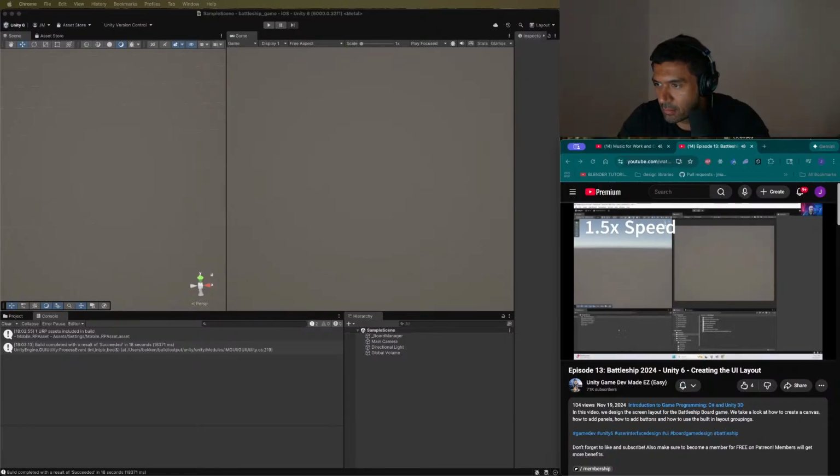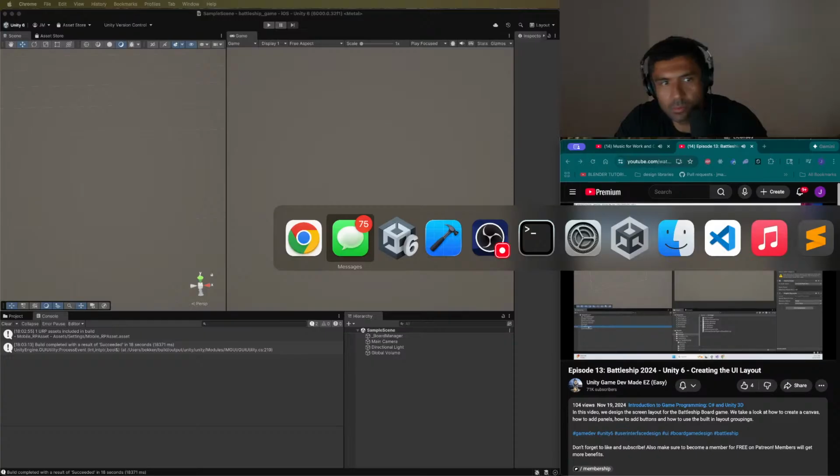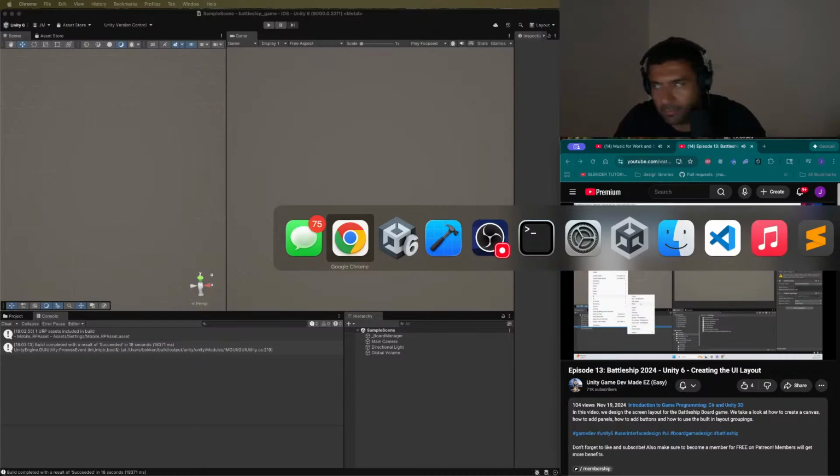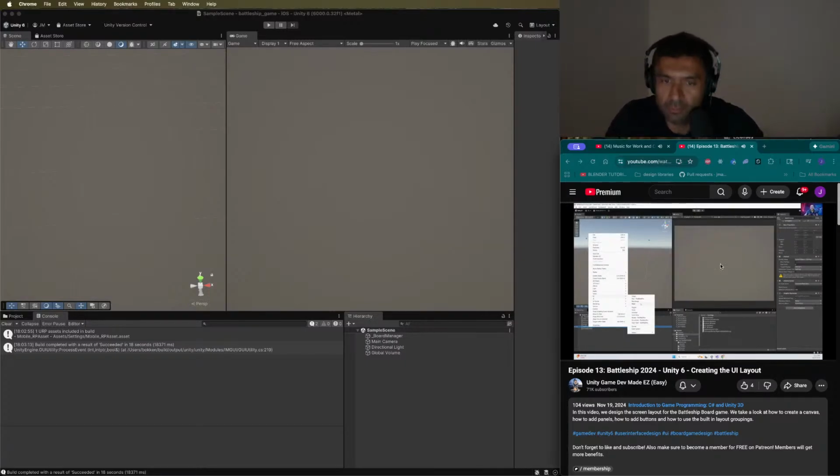Right, so now that we know what we are about to design, let's get going. So let's go ahead and create our canvas. Let's go ahead and change the name. Let's call it main canvas. And let's go ahead and create the actual containers. I like the groupings utilizing panels. This makes it easier to move a collection of UI elements that are